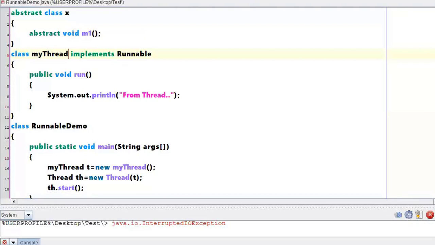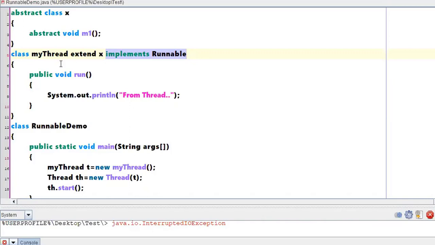If the requirement is that class MyThread should extend that particular X and at the same time implement Runnable also, if this is the scenario, then you need to go with implements Runnable, because you cannot extend two classes at a time.